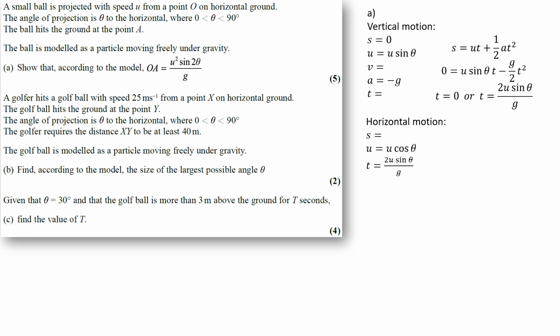And as long as I use things appropriately, I can get away with this sort of duplicate naming. It's kind of within the scope of what I'm talking about because the SUVAT equations have their particular letters that we use. Normally exam questions will avoid this issue entirely by having something like a capital U for the initial speed. Anyway, horizontal motion using the value of t that we got from vertical allows me to use s equals ut,